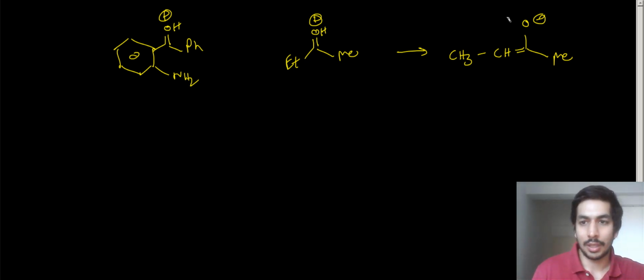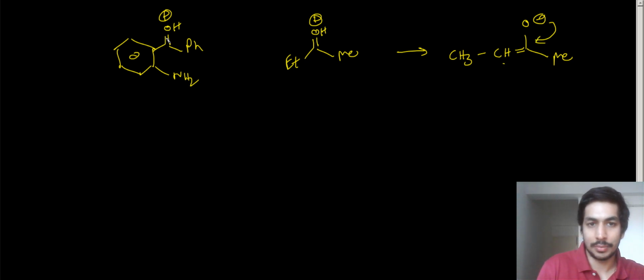Now what is going to happen? This O minus will migrate back, and now this CH is going to attack this carbon center. So what is going to happen? This CH over here now is going to attack this carbon. I'm not going to show it because it will become a little difficult over here. So I'll just show it to you over here. So we have OH, okay, and a phenyl group will be attached.